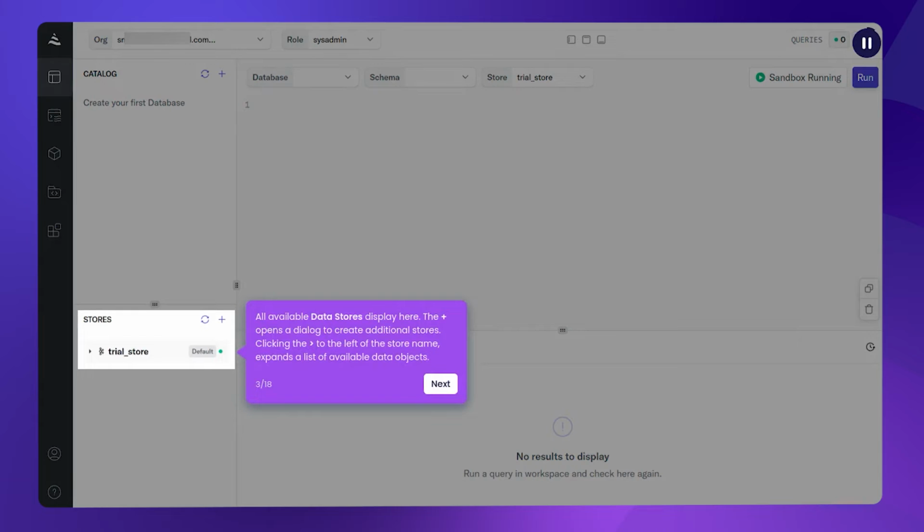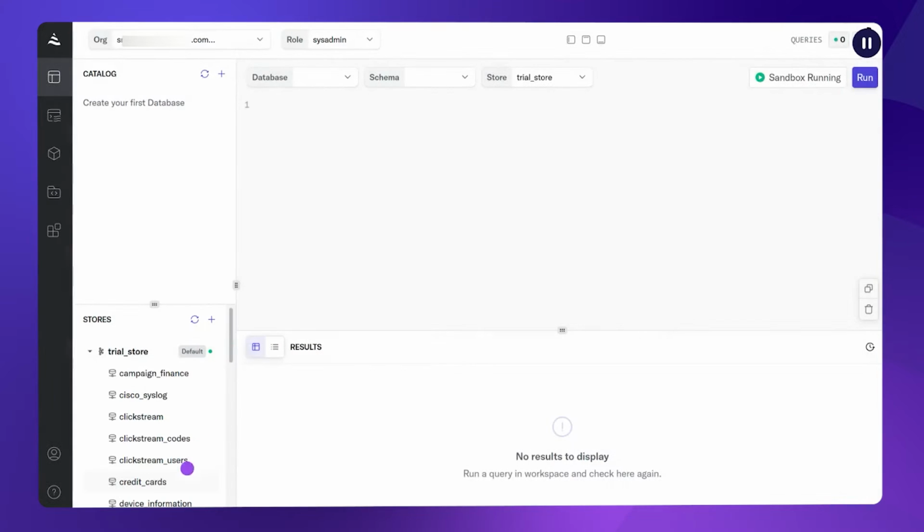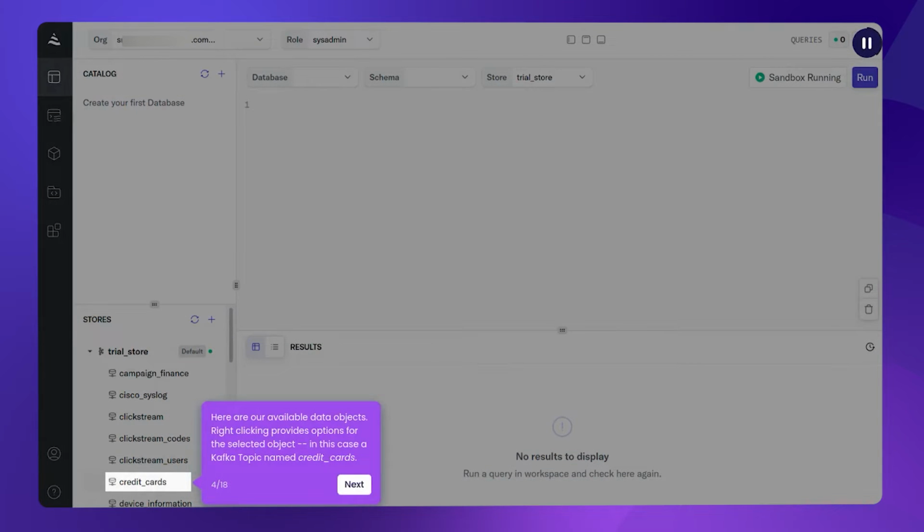On the bottom left, we have our available data stores. These can be Kafka clusters, Snowflake, Databricks, Kinesis streams, or any other configured data store. We can take a shortcut to adding a new store by clicking the plus sign. By clicking on the trial store cluster name, we see the available topics, and for this example, we're working with